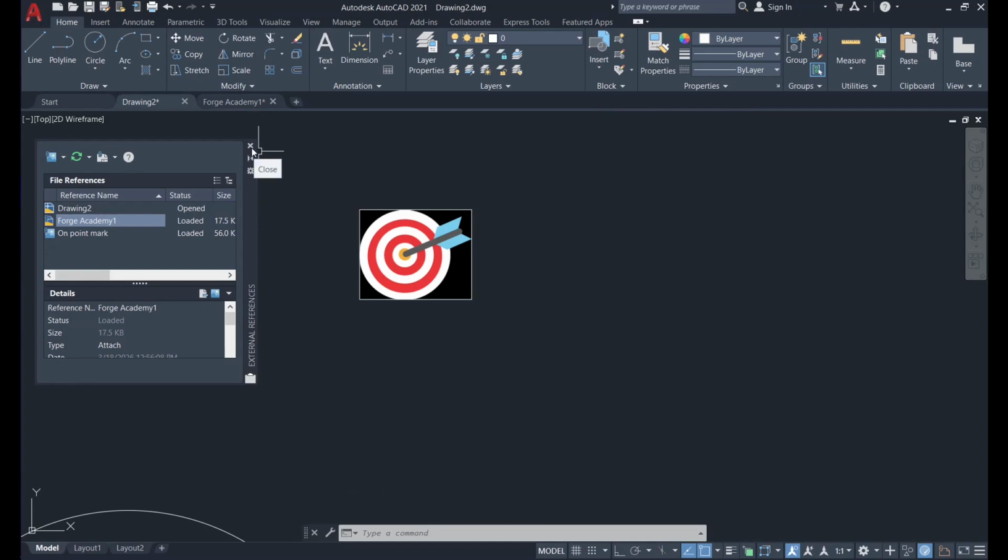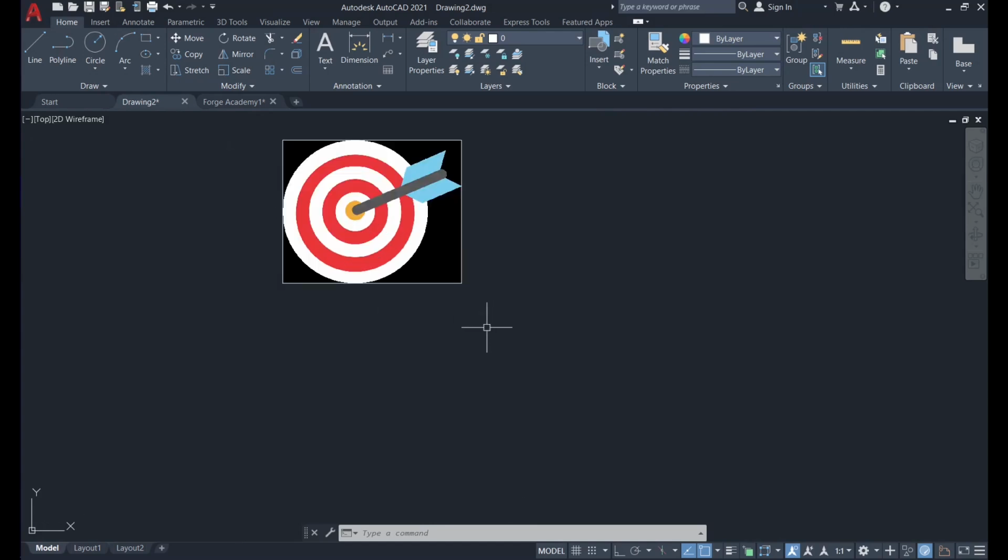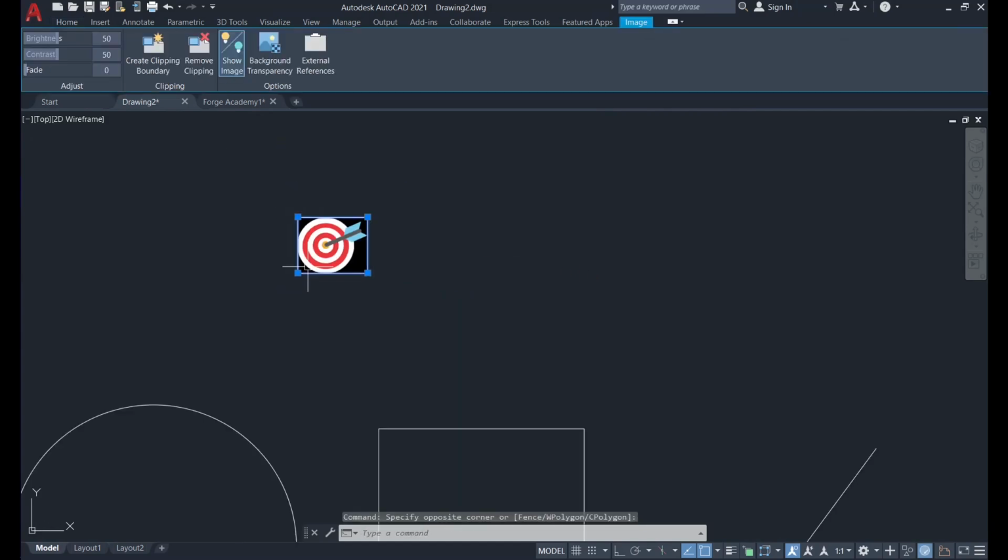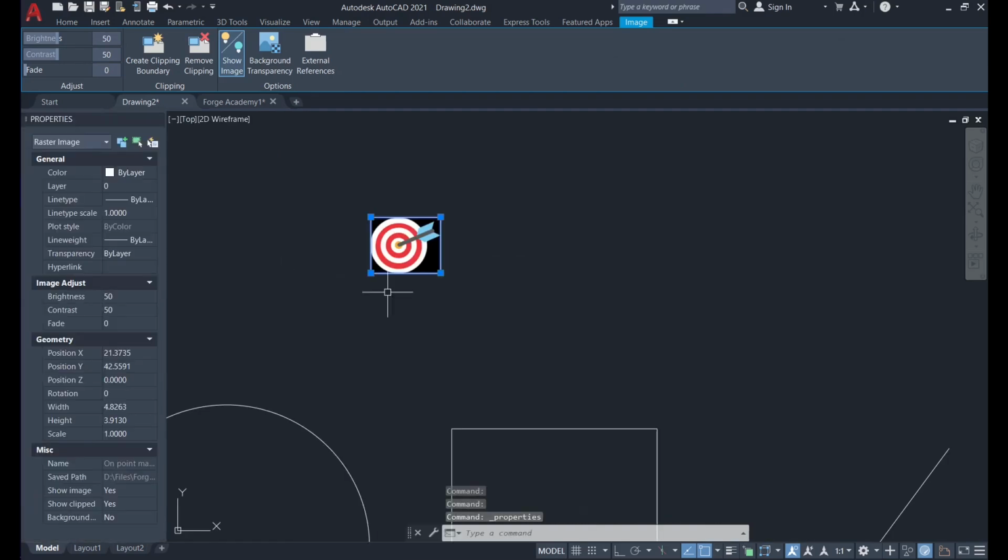Now I will close the external reference window, and by using the Properties tab or just pressing the Ctrl+1 shortcut key, I can set the transparency of the layer. You can also set it on other layers. You will see in a future video how to create many layers. So I will set, let's say, a 50% transparency,